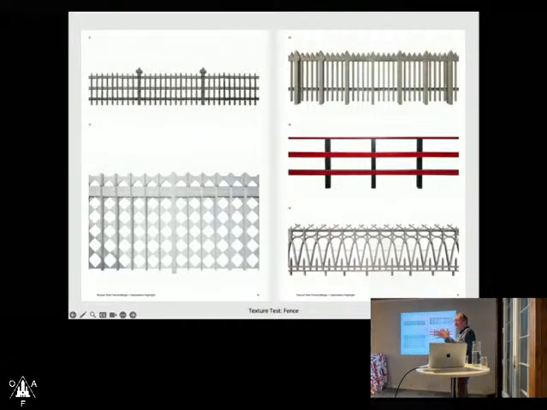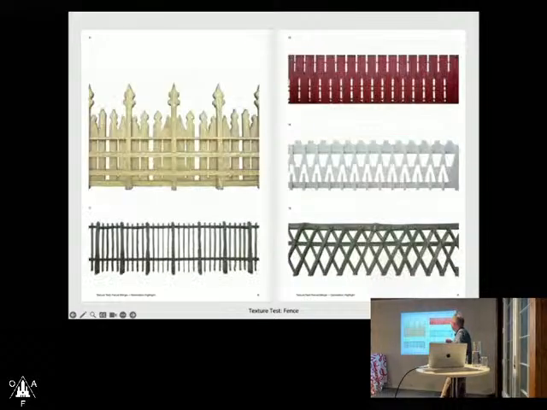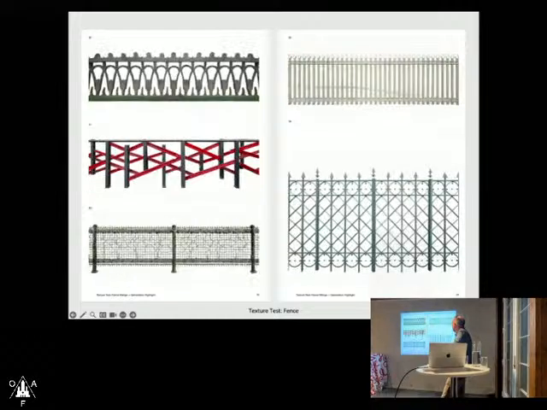So the fences were very important, and the play spaces were very important. So we made 2 books based on that. And this is a rough test. We're also somehow developing the technique as we go along. So here, these are all new fences. These are AI generated fences, also based on existing fences.